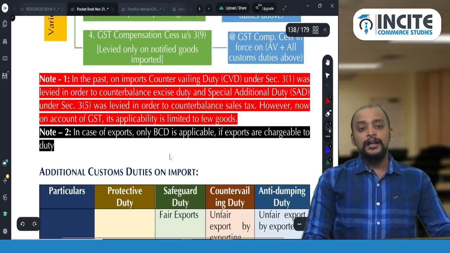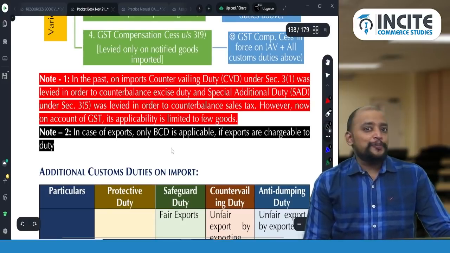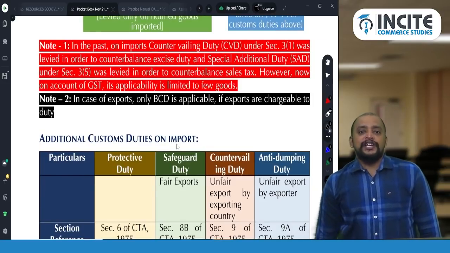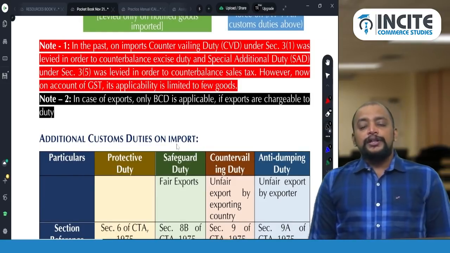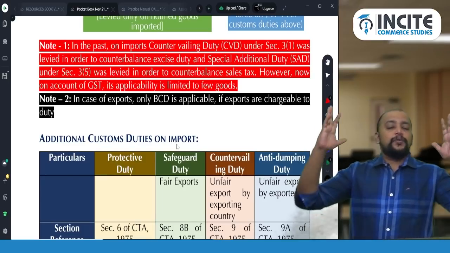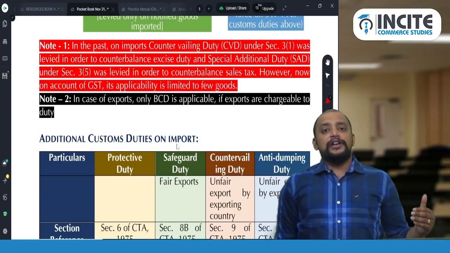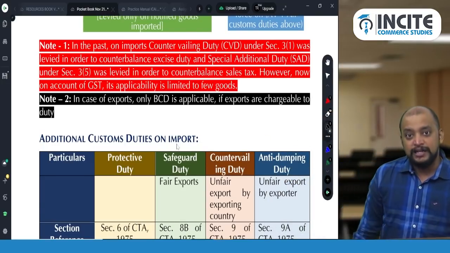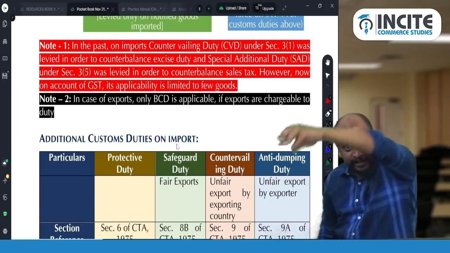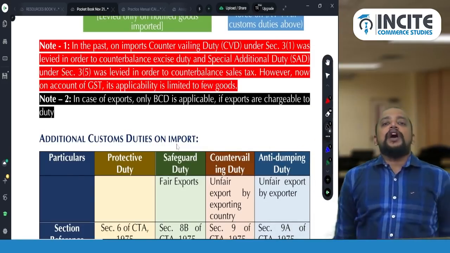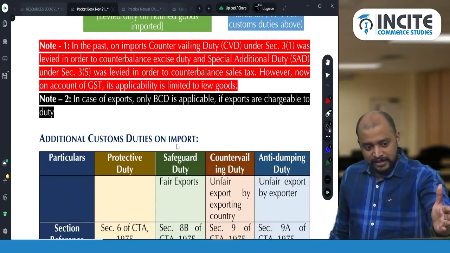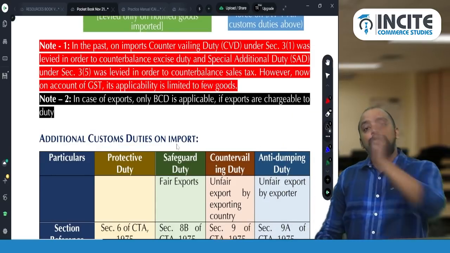Okay. So you need to understand one more point related to GST refunds. If exports are chargeable to export duty, you cannot go for option 2, that is export without payment of IGST under bond or LUT. One of the disqualifications for refund of unutilized ITC on account of zero rated supply is that when exports are subject to export duty, you cannot claim refund of unutilized ITC. So in that case, only one option you have, that is export on payment of IGST. Don't forget, when you pay customs duty, pay IGST also.